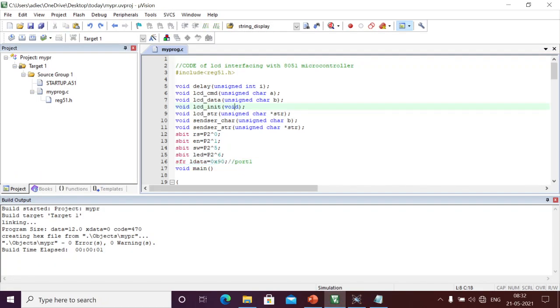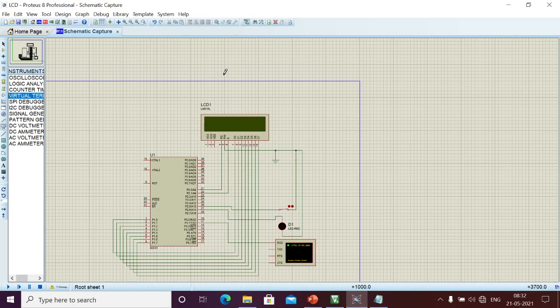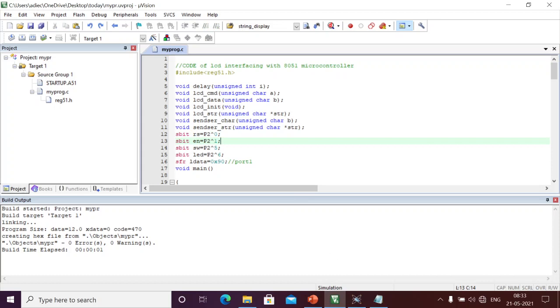We wrote the complete functionality. Right now I am going to divide it into 4.c and 3.c files. For example, one .c file and header file for the complete microcontroller, one .c and one header file for the LCD, and one .c and one header file for the serial port. That way I am going to divide it now.